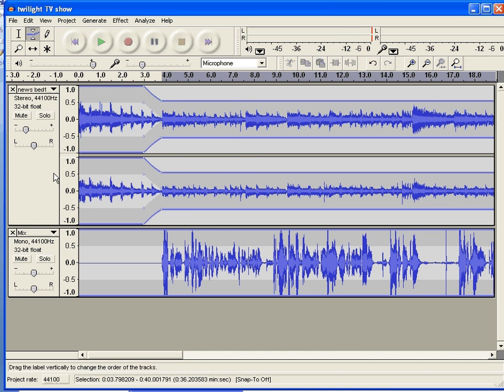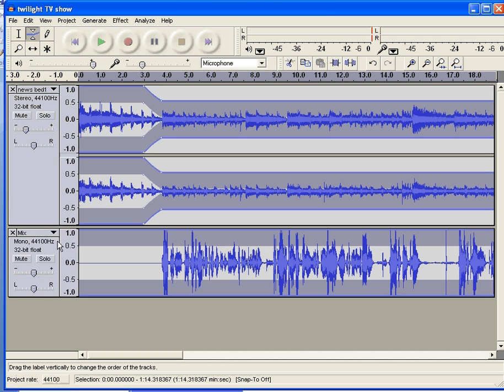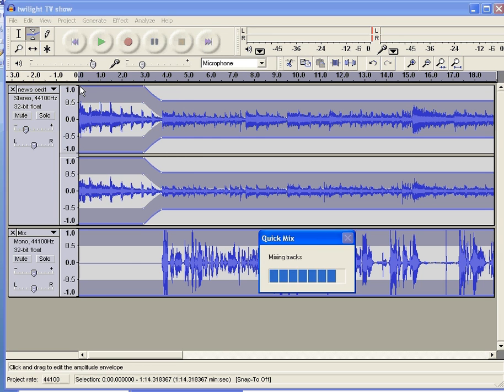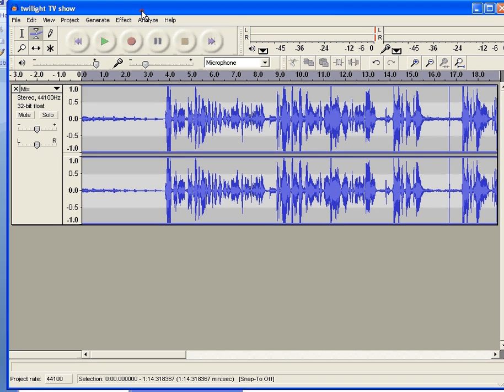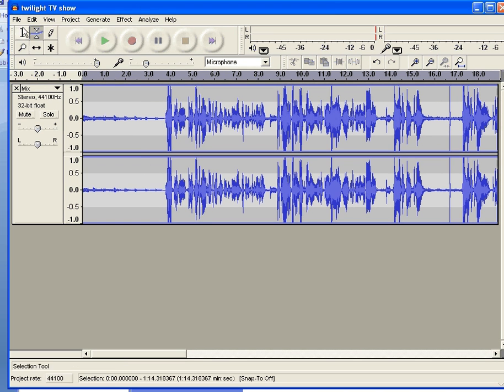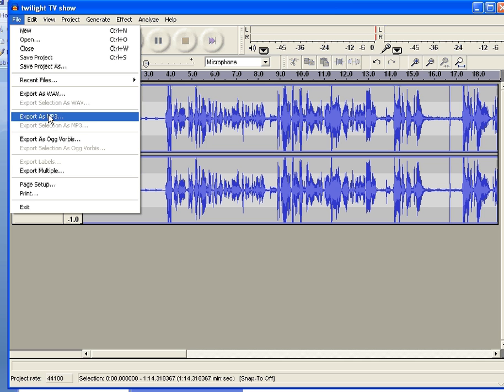Now, I don't think it's worked properly, so what I want to do is I want to just go back and make sure that both of these are selected. You can do that by holding Shift when you do it. Project, Quick Mix, and let's see if it'll mix the two together. Okay, now they're mixed together. So that's now a quick mix, so the channels are all selected, and then you can just do, say, export